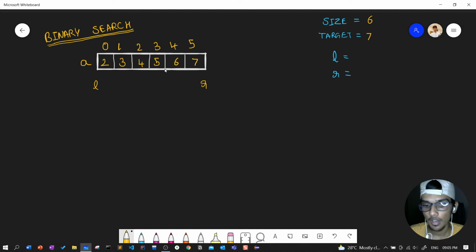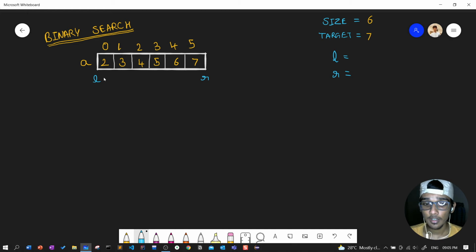So the right contains all the largest values and the left contains all the smallest values. We can assume that.